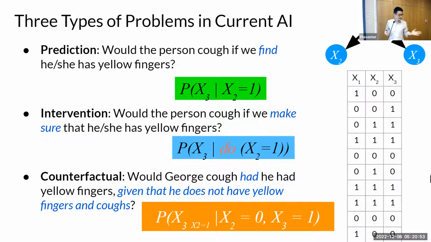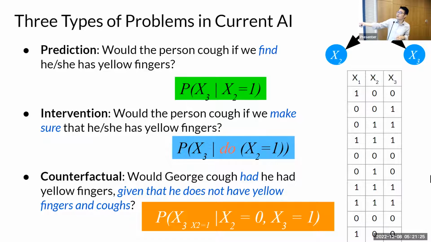The definition of intervention, as Zhijing mentioned, is as follows. Intervention is a particular type of change in the system. If you intervene on, say, yellow fingers right here, then you can only directly change this variable. You have to leave all the other variables in the system the same as before. This way, since only this one changes, if there's any difference in another variable, you know this variable must influence that variable. This is how you can verify causality or discover causality by making use of interventions.